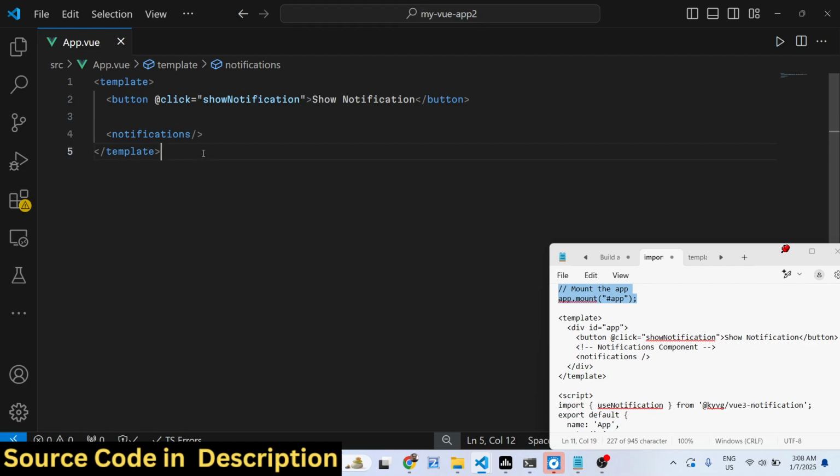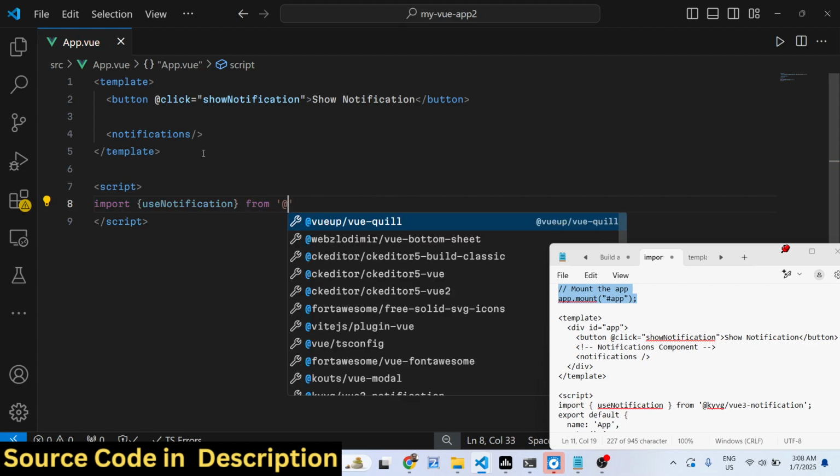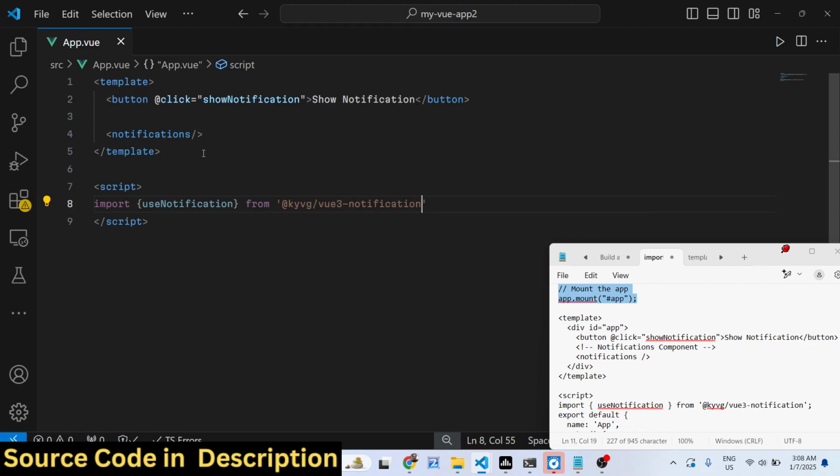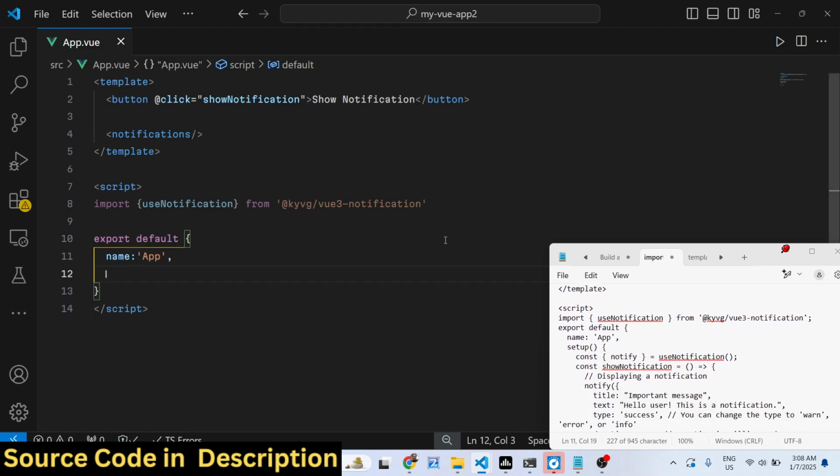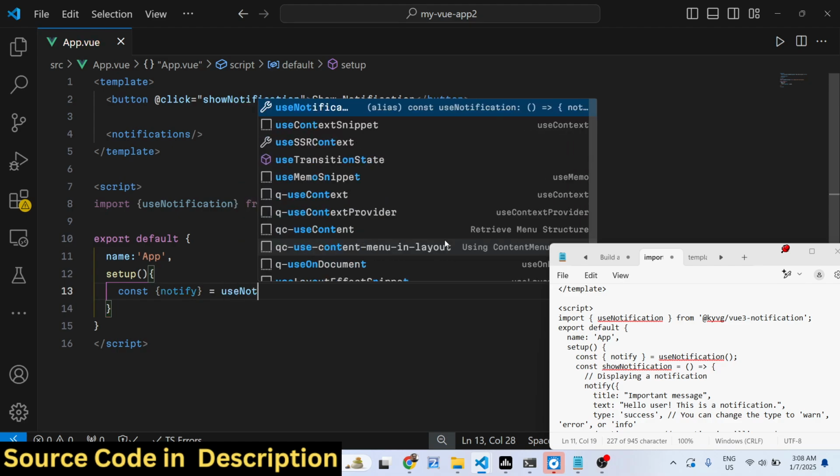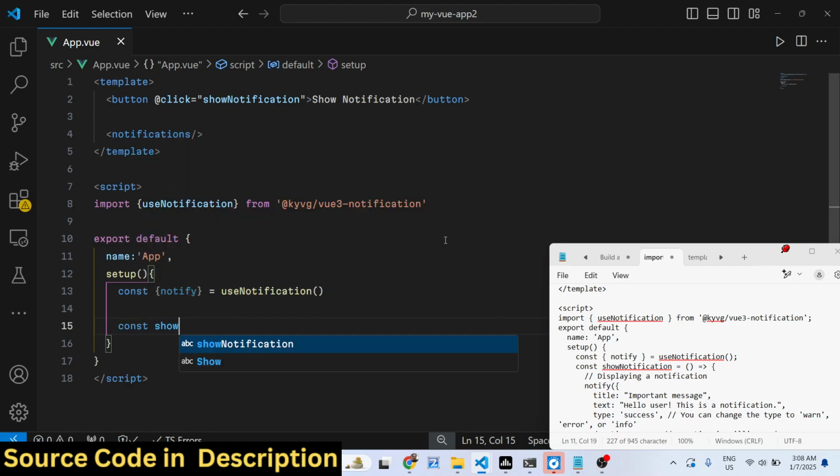show the notification. So now in the script tag inside your TypeScript code, we import the module such as use notification, and it will be coming from this package like this, and then we export default and provide the name of the component, and then we need to call the setup function, and right here we specify we need to extract notify from this use notification, and then we define this function show notification, which is an arrow function, and inside this